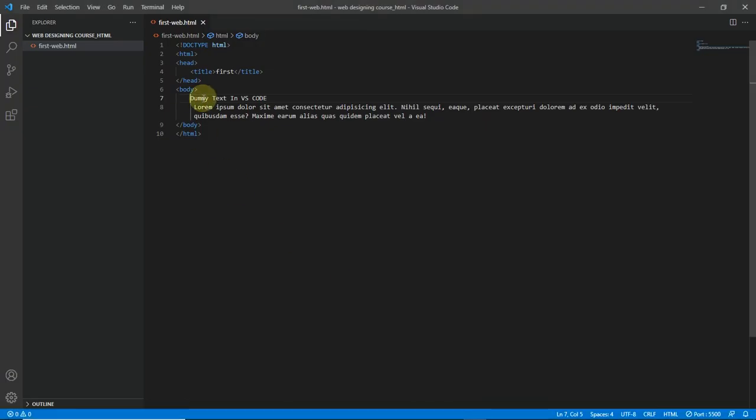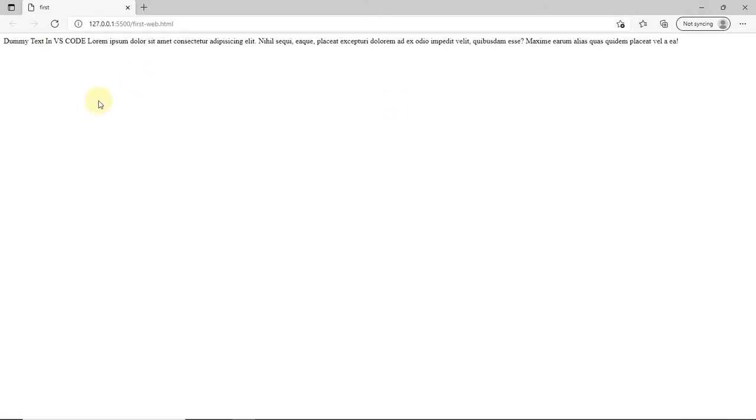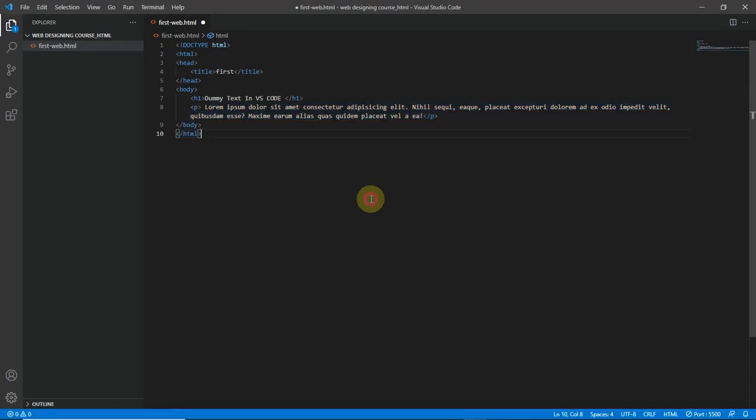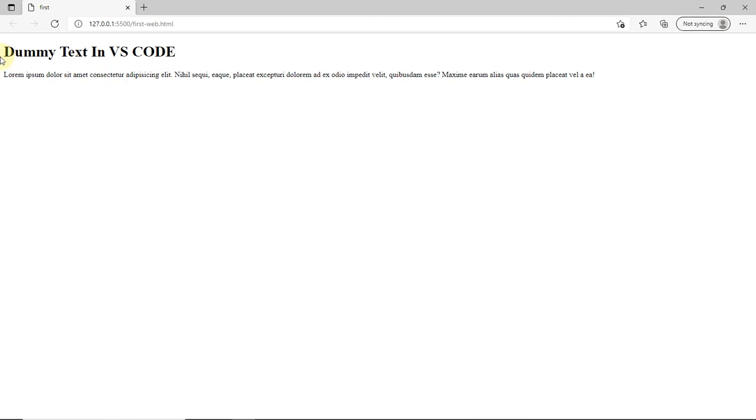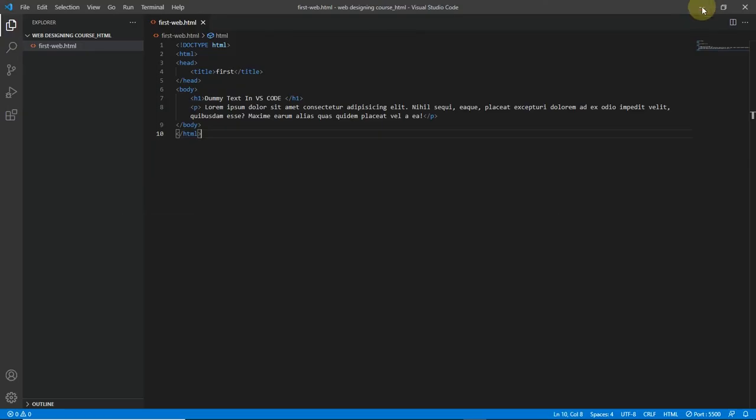And now if I type H1, it gives the heading to the text and gives the paragraph to this text. Okay, I didn't save. I'm going to save, Control S to save, and now you can see here the dummy text in Visual Code, lorem ipsum. This is your first interface of a web page